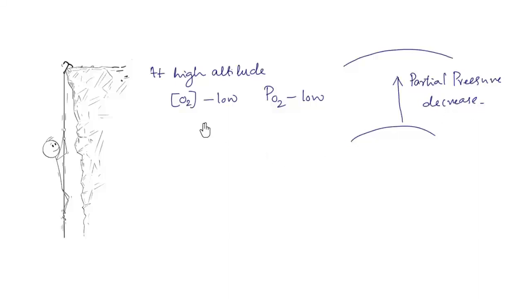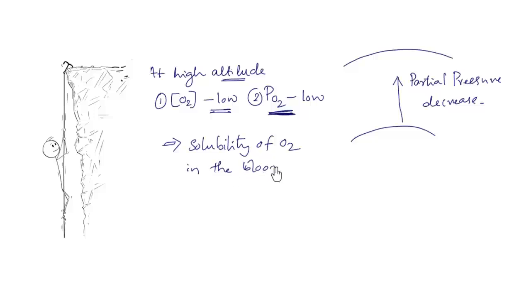Now what happens when a person is climbing a hill? Here the oxygen concentration is low and the partial pressure is also low. When the person inhales, he gets a lesser amount of oxygen. That's the first case. The second case is the partial pressure. As the partial pressure is less, the solubility of oxygen at altitude is less. That is, the solubility of oxygen in the blood is low